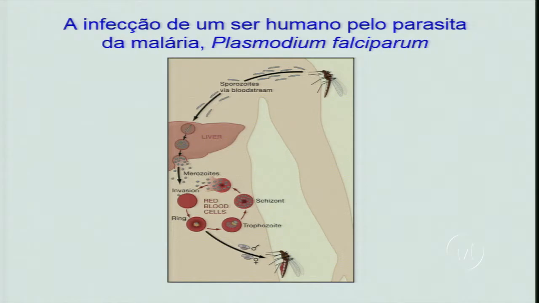And when it makes 20 copies, all 20 of them burst out of the red blood cell, which is now destroyed, and each one attaches to another red blood cell and enters and makes 20 copies. So in the second round, 400 organisms burst out. And in the next round, 8,000, and so on. It increases exponentially until it eats most of a human's blood, or very much of it. And that's what can kill a person.